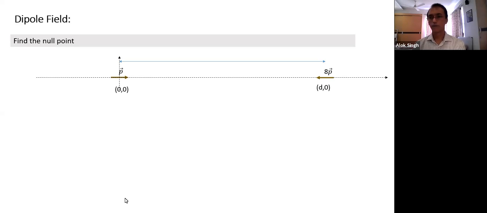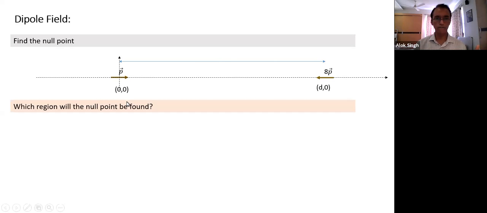How do you get that one? One way is, we can again get the null point in two parts. First, we choose a location so that the directions are opposite, and then I equate the magnitudes. If I take any point between the two dipoles, the left dipole will create a field towards the right, and the other will create a field towards the left. In this region, yes, they are in opposite directions. Then I simply equate the magnitudes. Let's do it step by step.